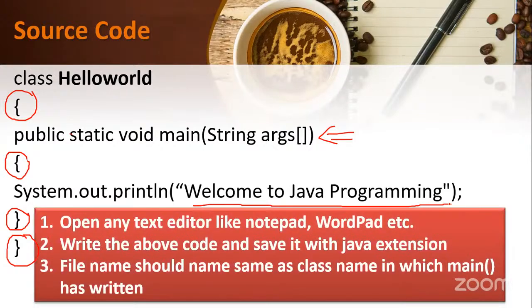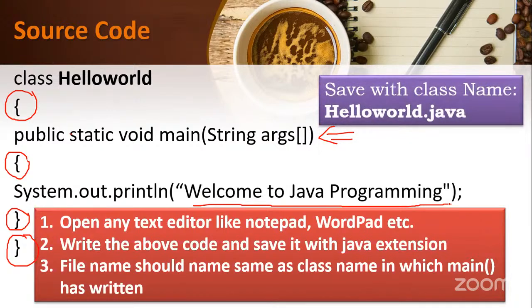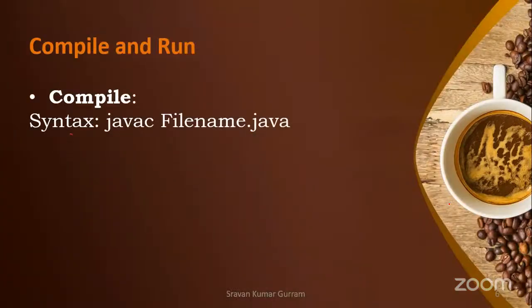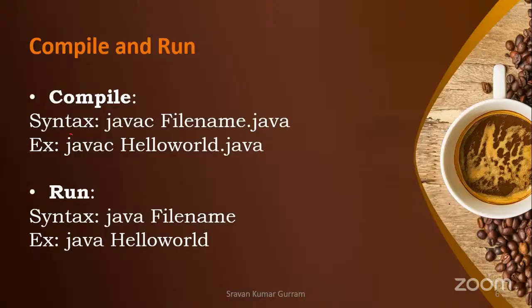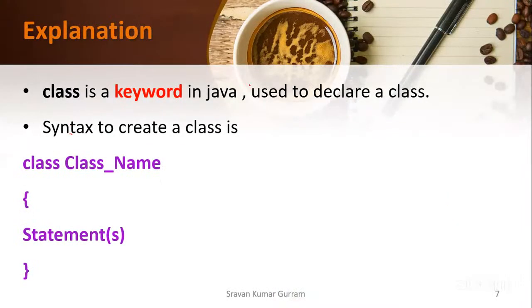Now let me tell you some more important facts. It is advisable to save your file with the class name. In this example, our class name is HelloWorld, so you must save this code as HelloWorld.java. We covered how to compile and run. Okay. Now, in this code,